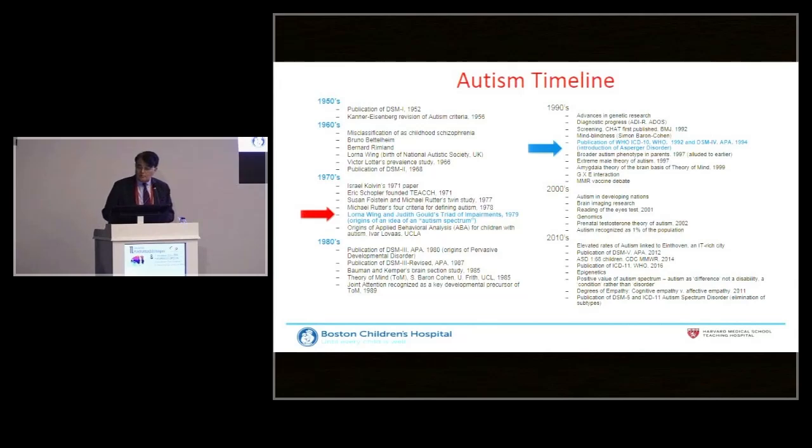I was in the United States, and I can give you vignettes, but I don't have time. This was so successful that it was subsequently incorporated in the DSM-4. The third step is the publication of the DSM-5, which incorporated this whole thing and essentially eliminated Asperger disorder and combined all into the diagnosis of what we call autism spectrum disorder.